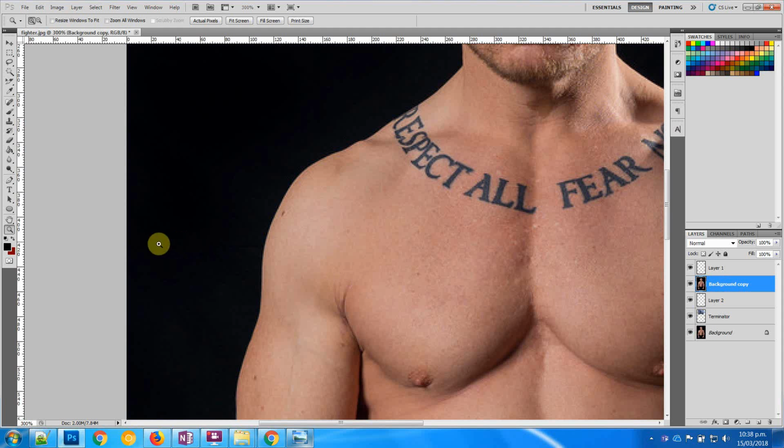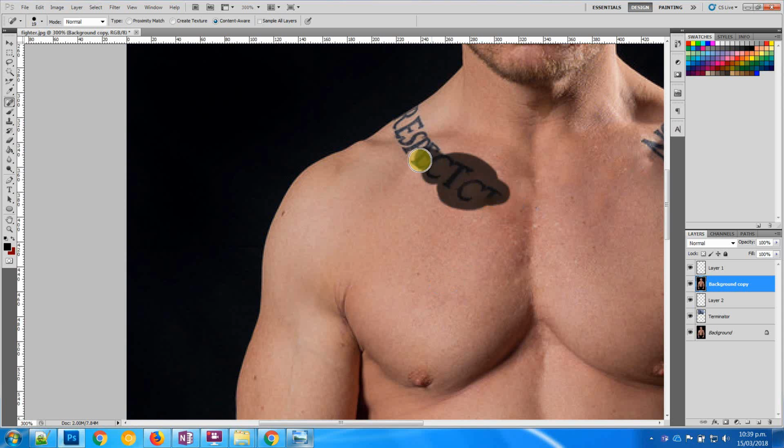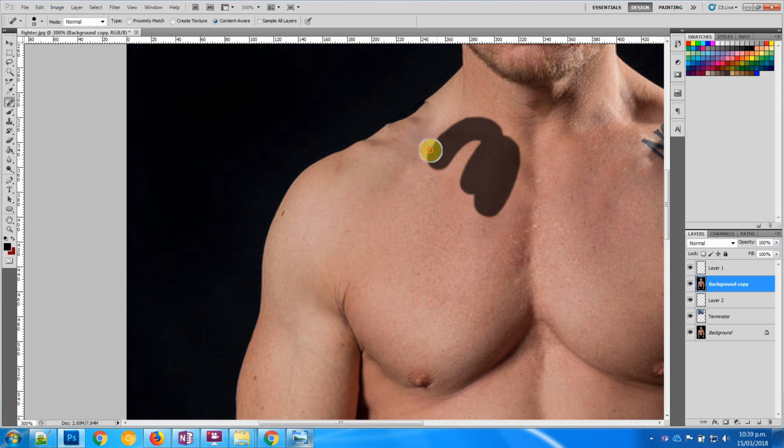So what I'm going to do is show you a handy tool. It's called the spot healing tool. We'll try and use this. Essentially, we can draw over this, and it will take skin tone from around the area and, for the most part, figure out what it wants you to do, so we can effectively do some expensive laser removal surgery on this guy's chest